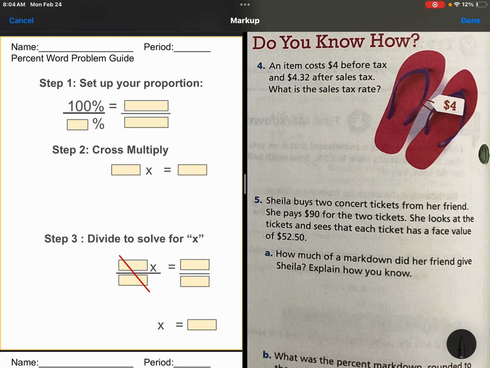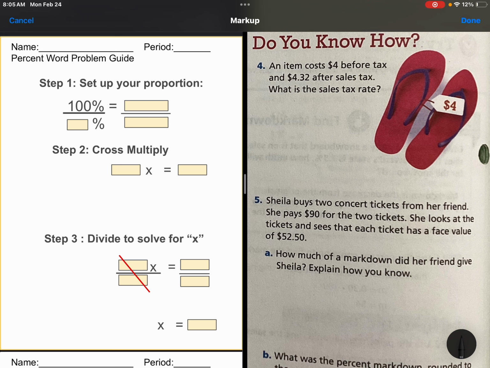Okay, so it is page 176, question number 4. This question and all these questions throughout this week are going to be dealing with either markup or markdown. Sometimes you go shopping, you go to the electronic store, you go to the grocery store, you pay a little more or less of what is shown on display. You can either have a discount, markdown, a coupon, markdown, maybe inflation, markup, or taxes, markup. Okay, you pay more than you're supposed to because of those little, I'm gonna say,